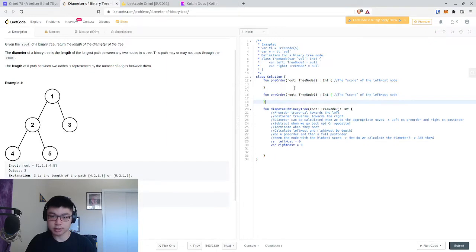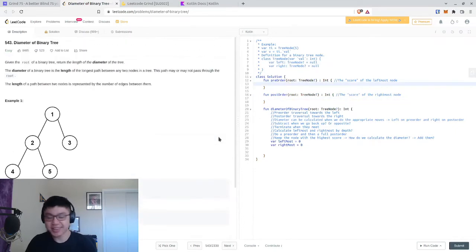And we could just copy and paste that. So now we have a pre-order and a post-order, and now you get to watch me fail at implementing post-order and pre-order traversal. I mean, this is nice practice regardless, but okay, so